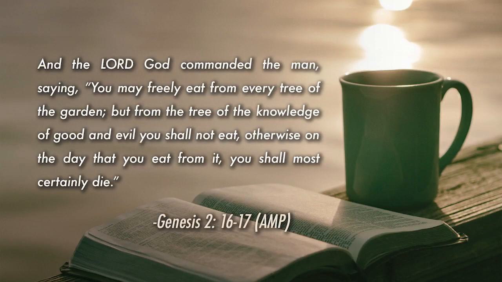Well, in the midst of the creation, God does set up an agreement, and this is found in Genesis chapter 2, verse 16. It says, the Lord commanded the man, saying, from any tree of the garden you may freely eat, but from the tree of the knowledge of good and evil you shall not eat, for on the day that you eat from it, you will certainly die. So basically, God has one rule. Yeah, there seems to be really one rule in that whole thing, and this is the agreement.